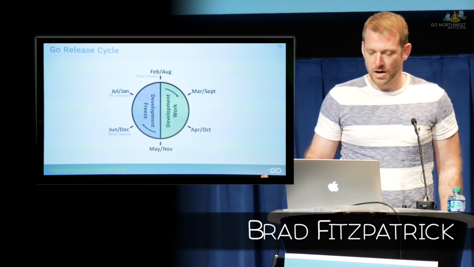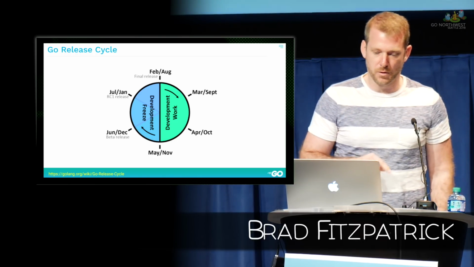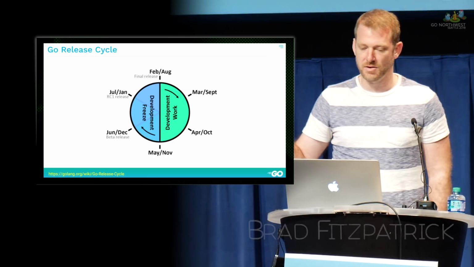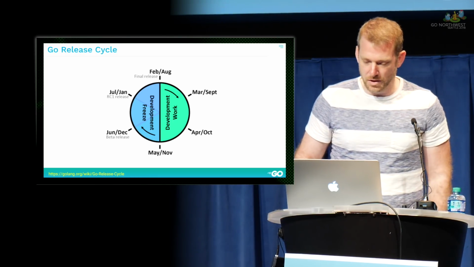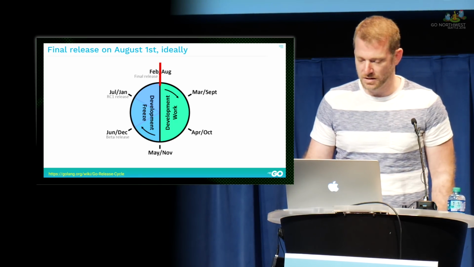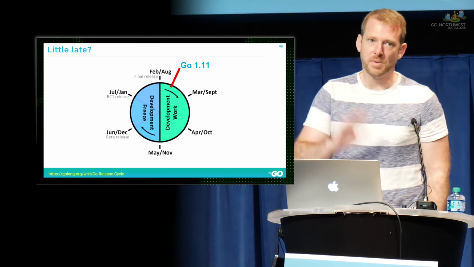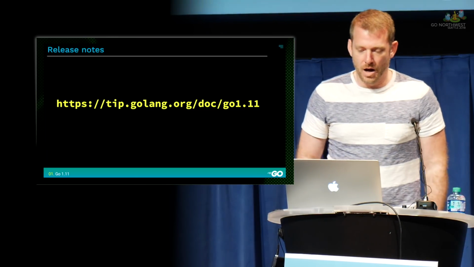First, Go 1.11. The release cycle, if you haven't noticed, is every 6 months we do a release. We've been doing this for a while now, and we have like 3 months of kind of crazy development and 3 months of stabilization. So we should, in theory, have a release out on Wednesday for Go 1.11, but as we often do, we're running a little late, so it may be, I don't know, like a week late or something. But it's basically done and frozen, and we're using it inside Google now.